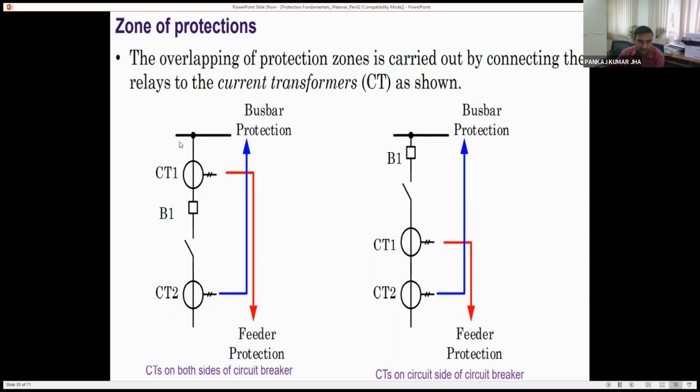Basically, suppose this is a bus bar. In an ideal situation, what should we have? We should have two CTs on either side of the circuit breaker. If we have two CTs on either side of the circuit breaker, then it is very easy to define protection